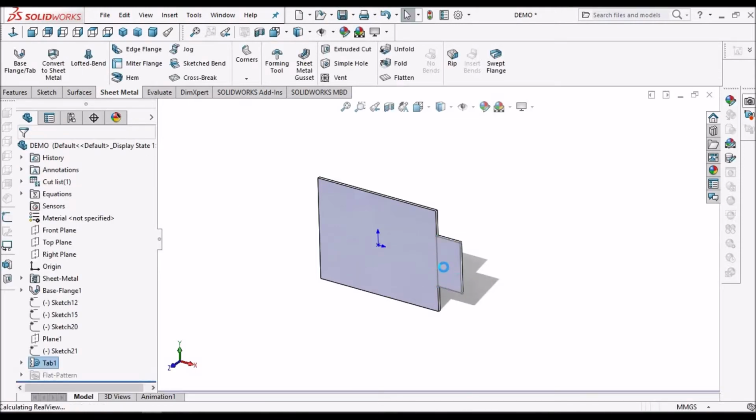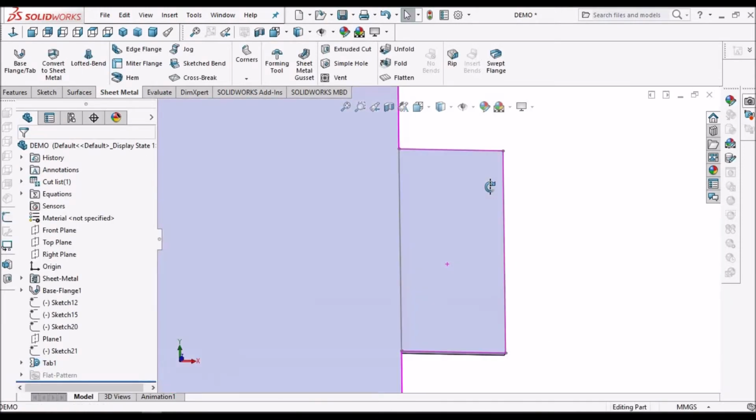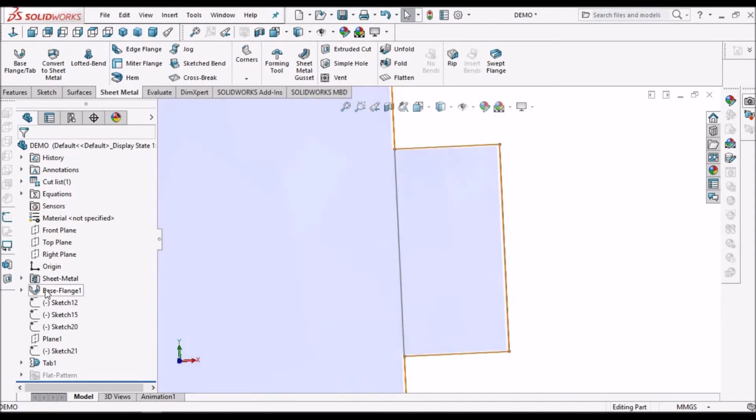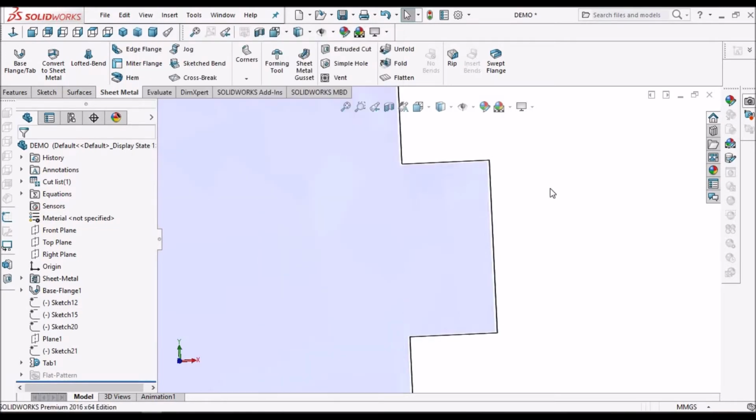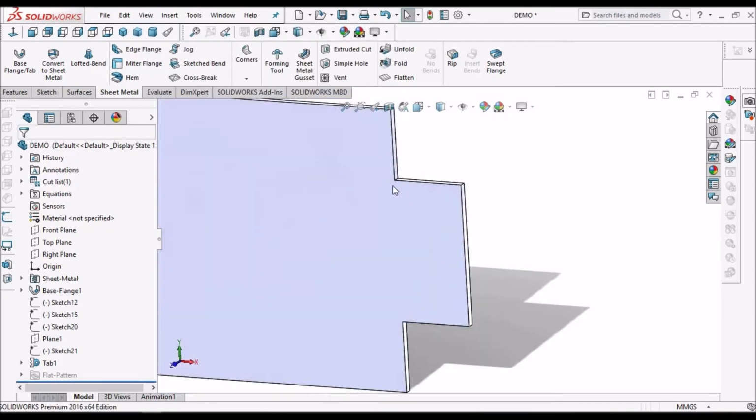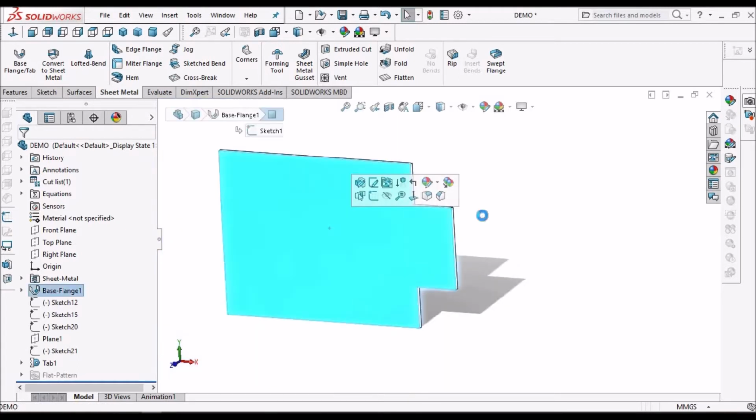So initially when we create it, I will hide these sketches. Now it is merged with the main flat sheet.